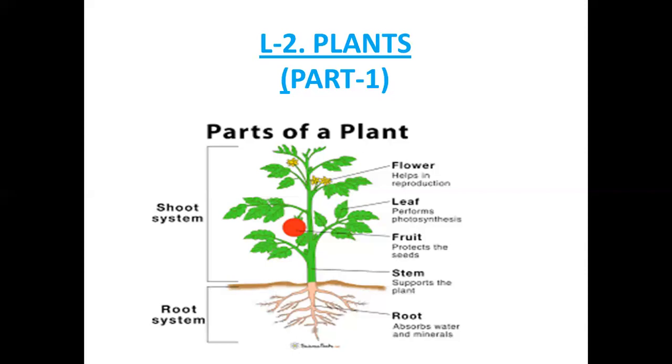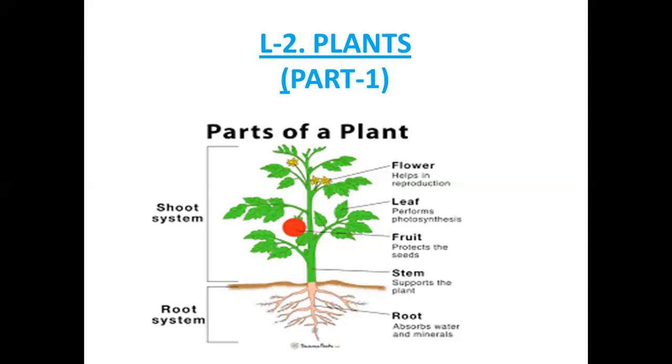This already we have learned in class 3. And we know that a plant has different parts like root, stem, branches, leaves, flowers, and fruits. So already we have learned about the functions of the parts of the plant in the previous class. Now, in this class, let us learn about the root system. See, in this picture, mainly the plant is divided into two parts, root system and shoot system. So, let us discuss this root system in detail in this class.